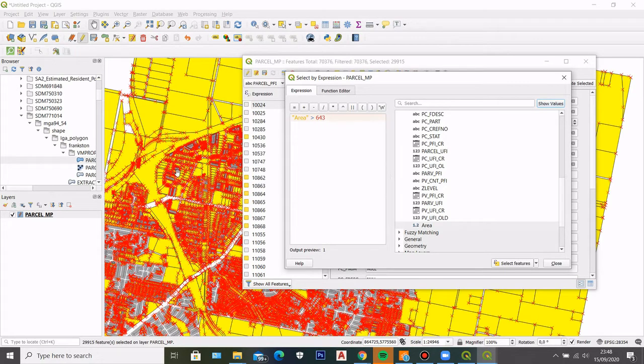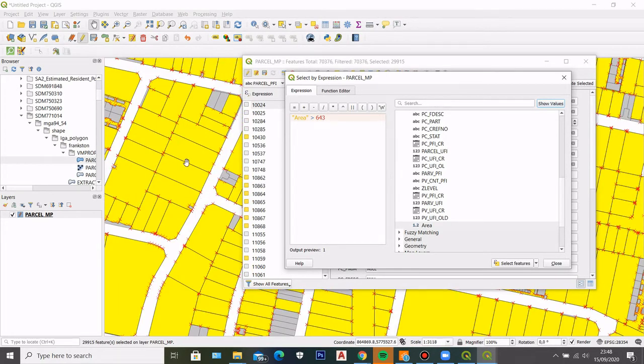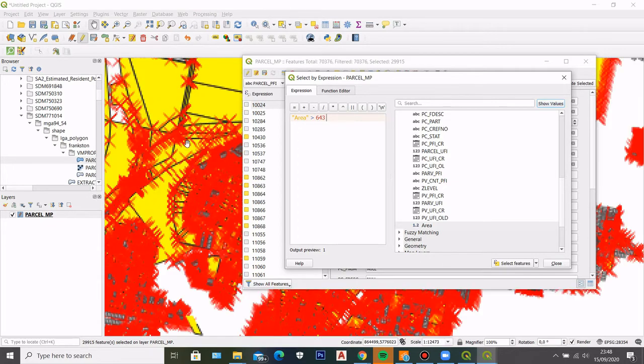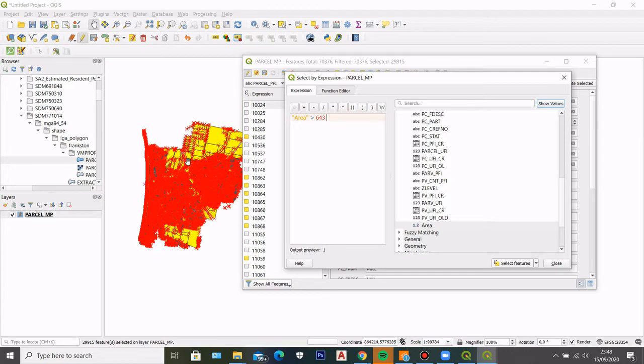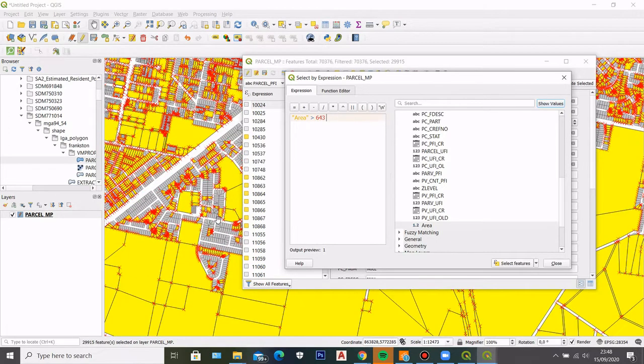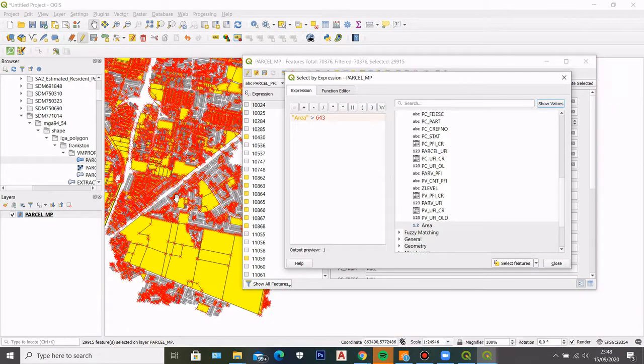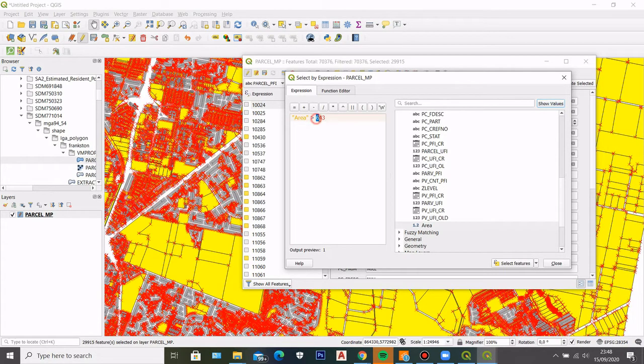I only want the single lots. I don't want the lots that have big boundary area like this. So what I can do here is I can put a tolerance. What I mean by that is I can calculate, for example, I want to get maybe an area of 643 with 5% tolerance. So 5% of 643 will be